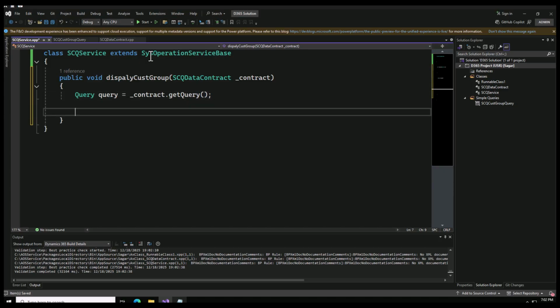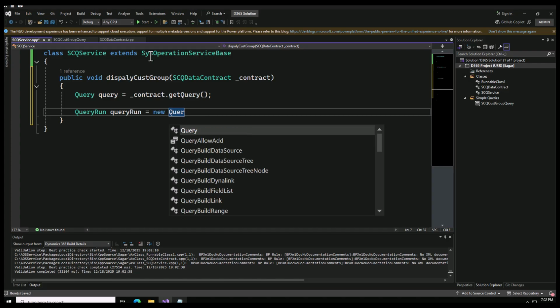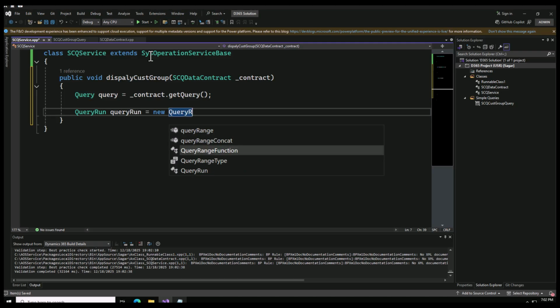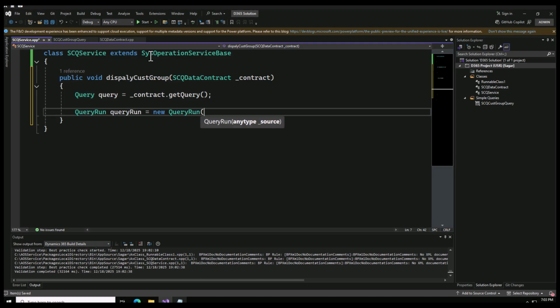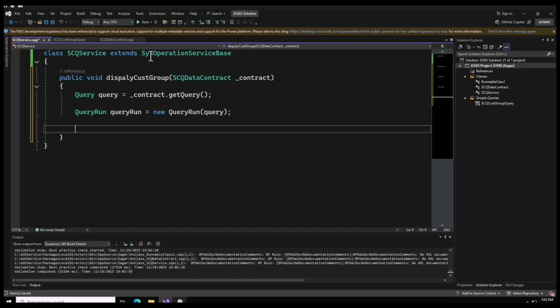and then using my query run, I can define an object of my query run equals to new QueryRun, and I can pass my query to my query run object. Query run. Here I can pass my query now. Okay, and then I can say while queryRun.next,